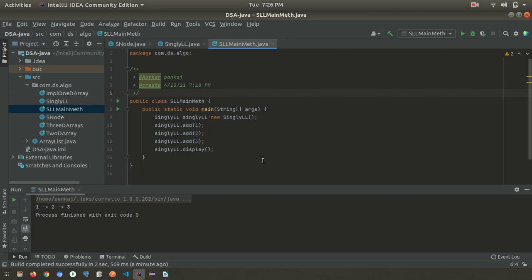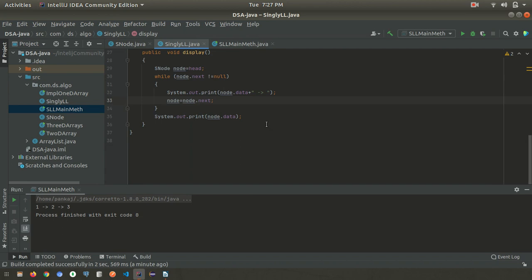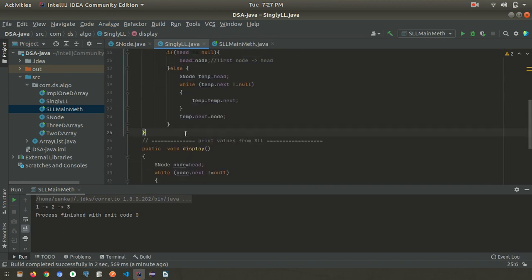So if there is any new requirement, if you want to add the element in the first index, what we can do is write a separate method for this. Before printing, we can write the method add first.